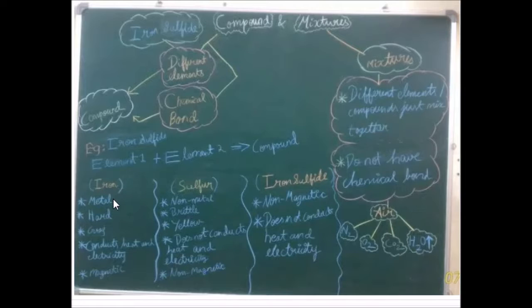Iron is a metal. It's hard, gray, and conducts heat and electricity. It is also magnetic, whereas sulfur is a non-metal. It's brittle, it's yellow, it doesn't conduct heat and electricity. It's a non-magnetic material,